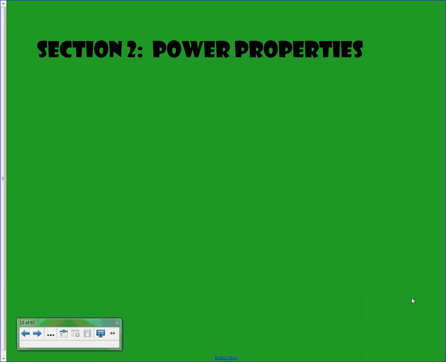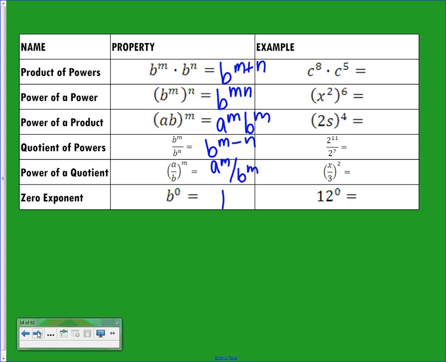Chapter 7, Section 2 is on the power properties. So the first thing I have here for you is the different properties and all the different rules. So you might want to pause this and write those down, and then unpause when you're ready to see the example. So if we look at product of powers, if I have two different bases here with two different exponents